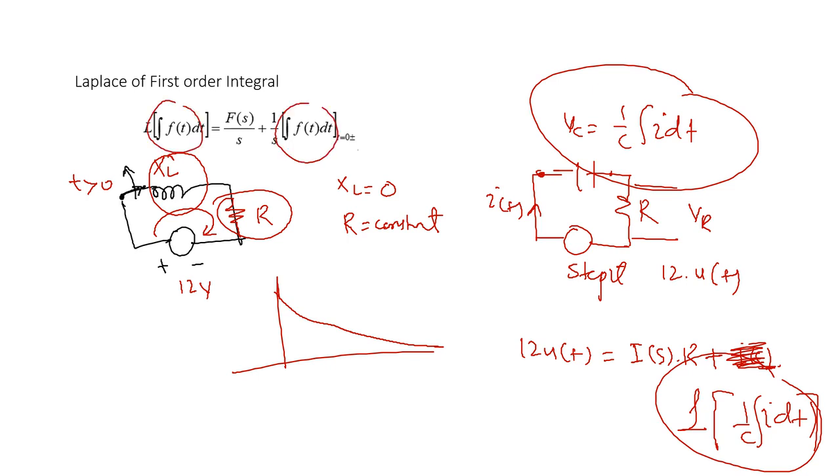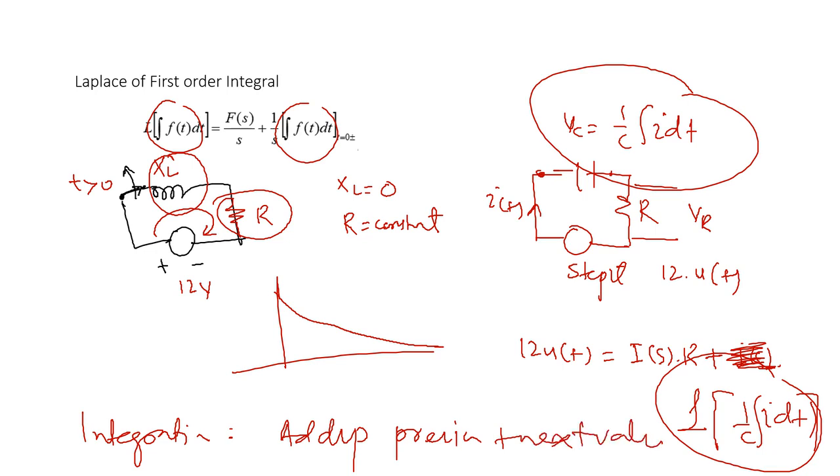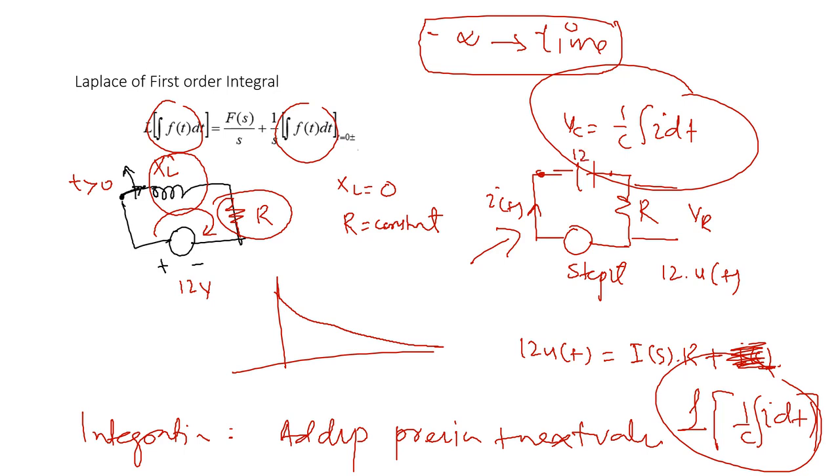So for that, we have some general rules that in every integration, we will add up the previous plus the next values. So what are the previous values? The previous value is the value that is inside the circuit from minus infinity till that time. So that is the previous value. So if we check this particular circuit, since it is a DC circuit, this thing would be 12 volt from minus infinity to 0.